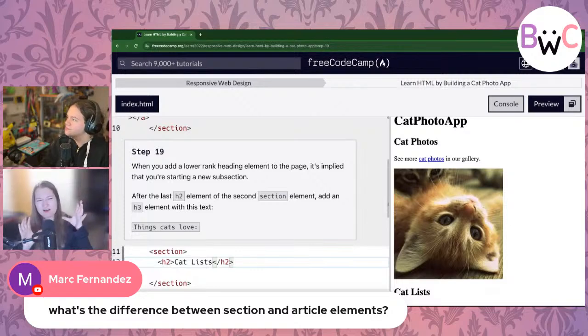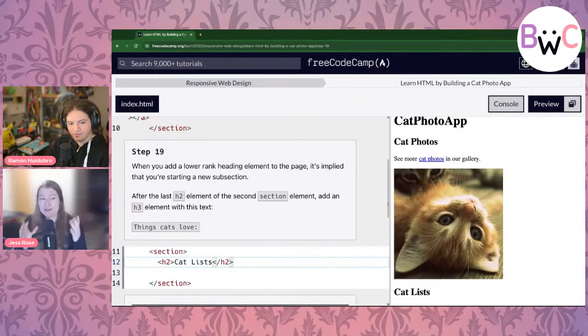So a section, all that really tells us is this is a section of the page, whereas an article is a lot more specific. This tells us, hey, this section of the page is an article. If you've got an article on your page, I'd go for the article element. If you've got a section of your page that's not an article, maybe a section.